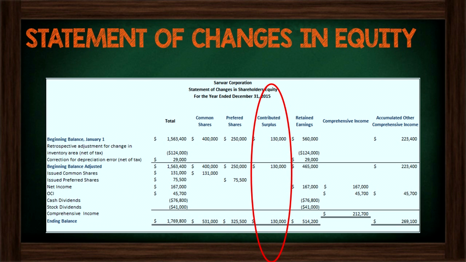Okay? And contributed surplus is a very complicated account. In fact, it is so complicated that it's actually out of the scope of this course. You're going to see it a lot more in Intermediate 2, but in this course, you're not really going to see it that much. And it actually is annoying why some of the questions you're going to see when you practice include this account in it, because it is very complicated and it shouldn't be a part of this course, but again, sometimes it sneaks into some questions, so that's why I'm including it here now, so that I can give you my explanation of it and my point of view,